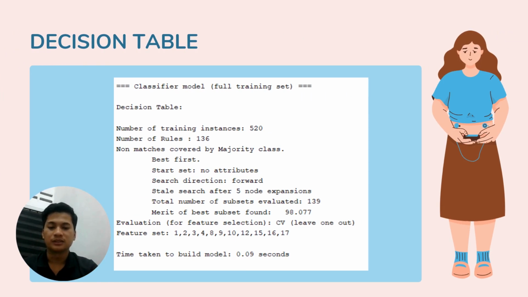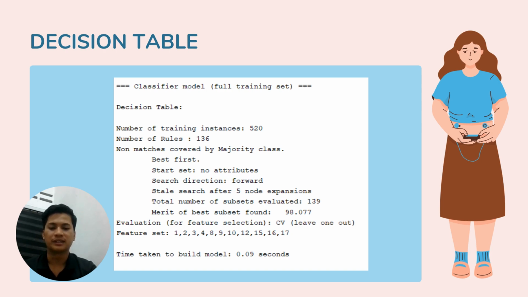The classification model used in this experiment is the decision table, trained on 520 instances from the full dataset. The model generated 136 decision rules, and any unmatched instances were classified using the majority class. Feature selection was performed using a forward search approach where 139 subsets were evaluated, and the best achieved a merit value of